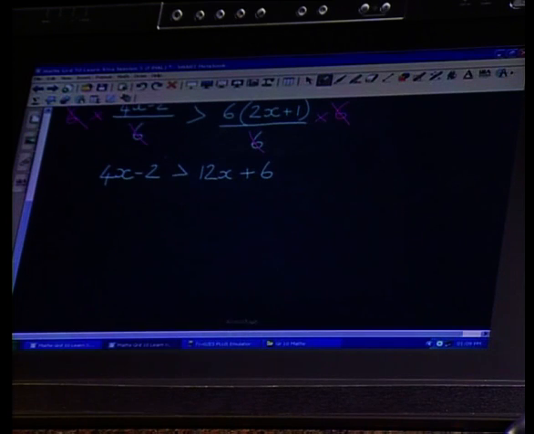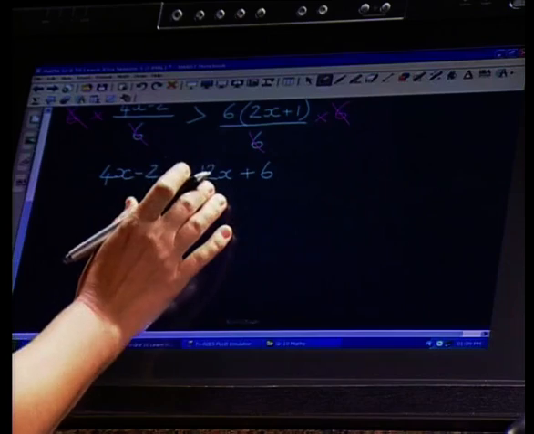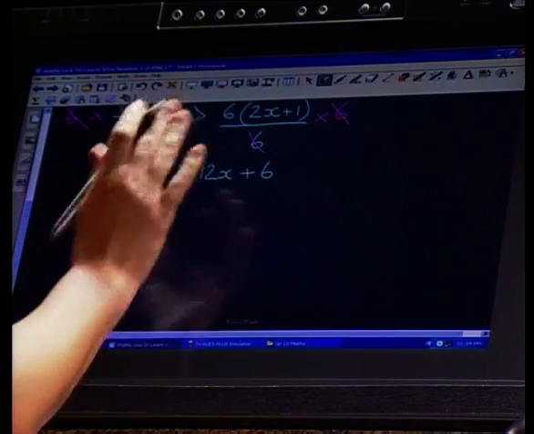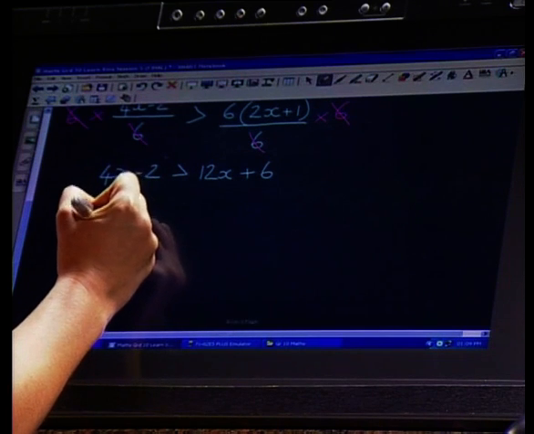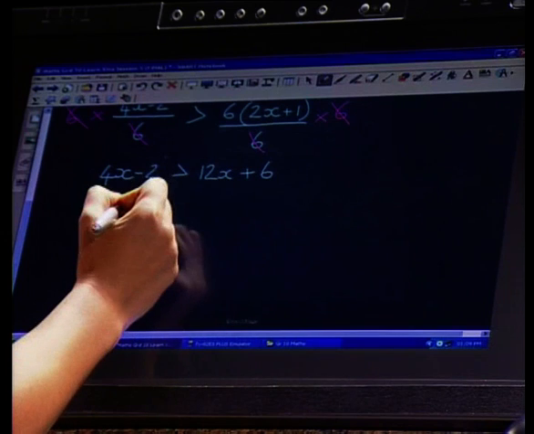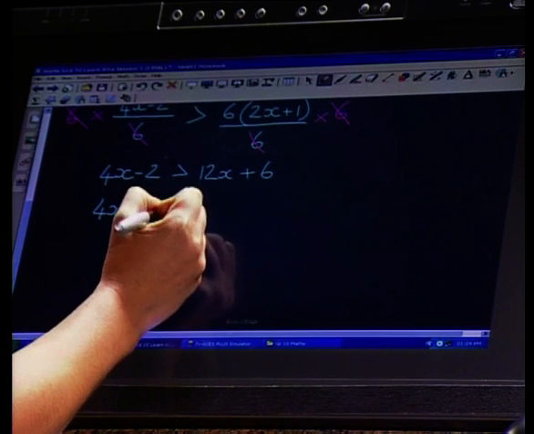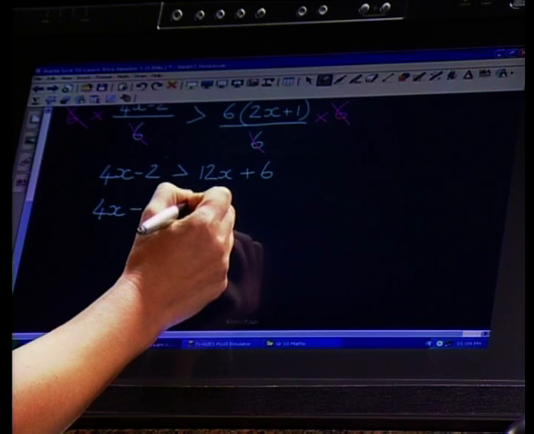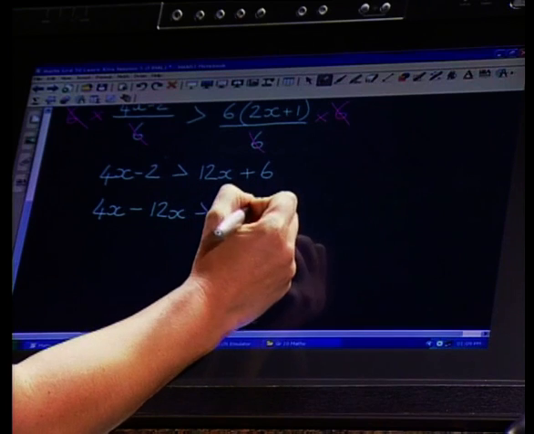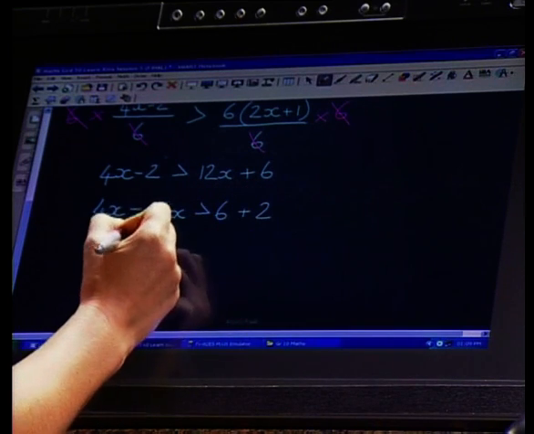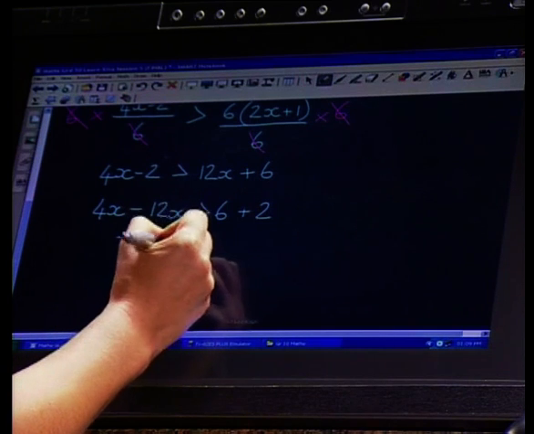Now we can solve for x, and I'm going to bring the x's over to the left and all of the numbers to the right. 4x stays where it is, but the 12x needs to be with it. So it now becomes 4x minus 12x is greater than 6 plus 2, which leaves me with minus 8x